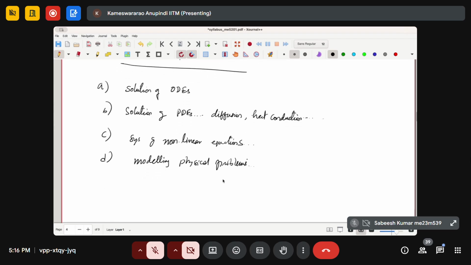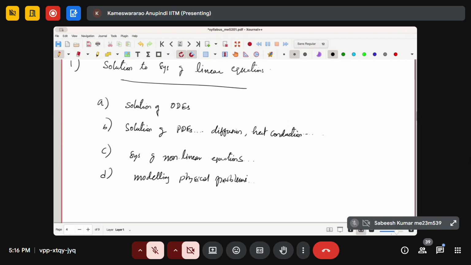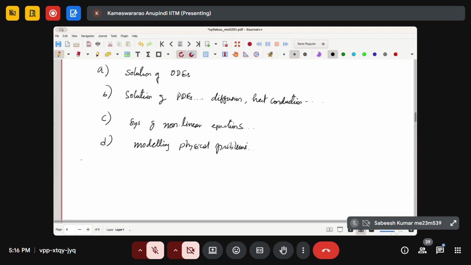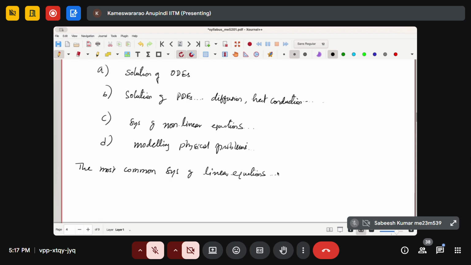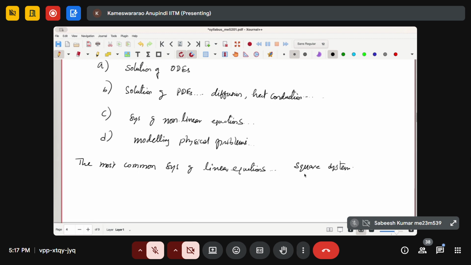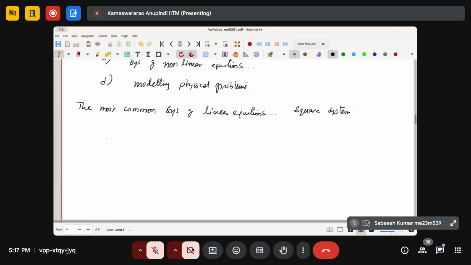Okay, fine. So how do we go about solving them? The most common system of linear equations is a square system. What do we mean by a square system? A square system of linear equations can be written like this. For example,